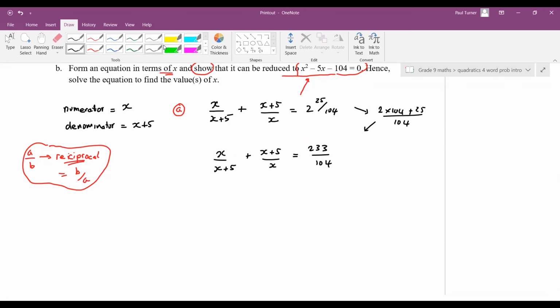So then I noticed my denominators. The first thing I want to do is get rid of these here, the x plus 5 and the x. So I would multiply everything by x plus 5 times x. And I do that in each part here, in every term, every part of the equation. So then we will cancel out x plus 5 here. We cancel out the x here, and nothing cancels there. So we end up with